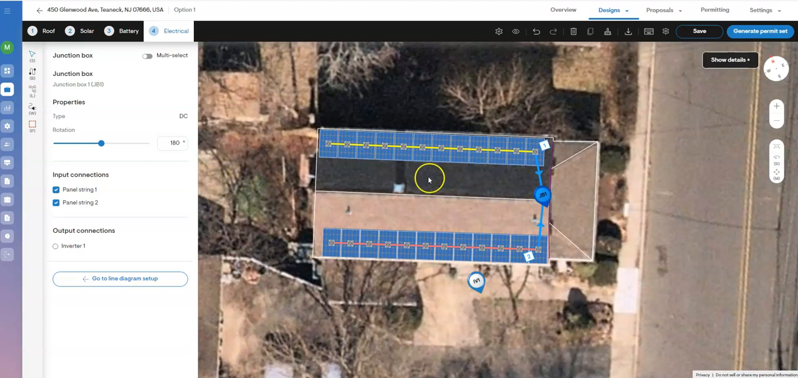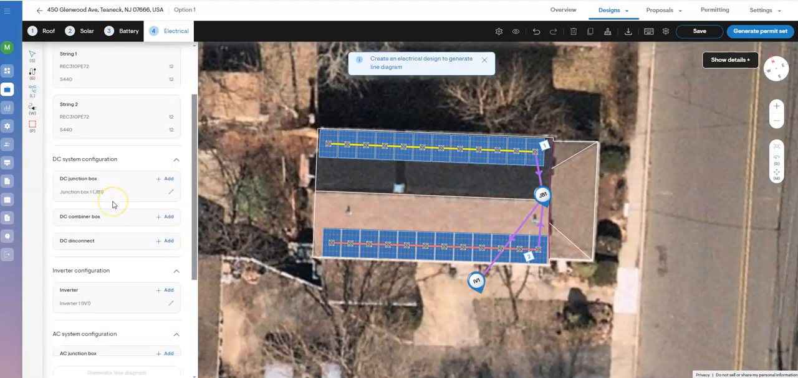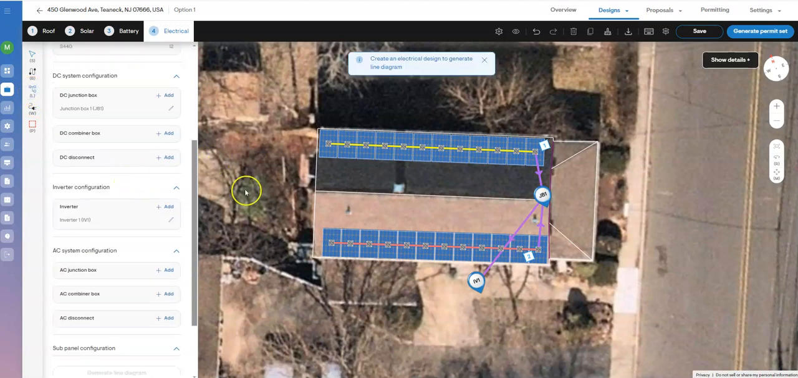From there, once we're in the junction box object, as you can see in the left hand panel over here, we'll hit our output connection as inverter 1. This will not auto connect for you. You want to go ahead and connect this one on your own. So we'll hit junction box to inverter, pop back,